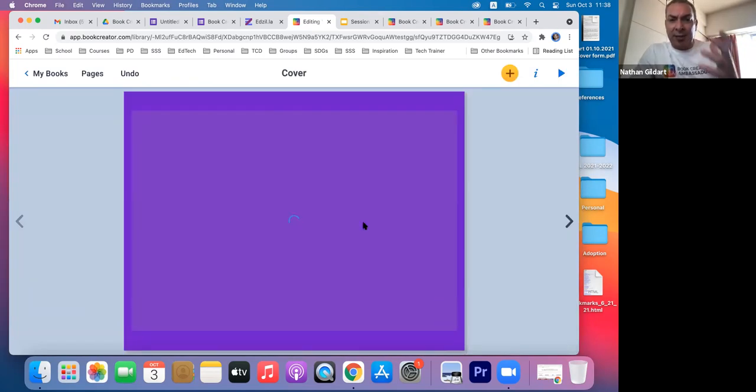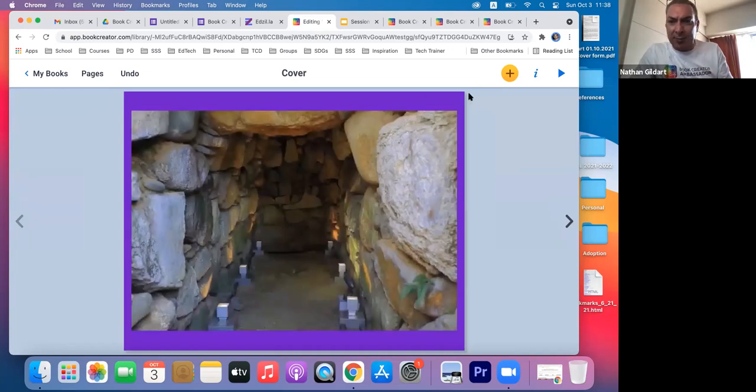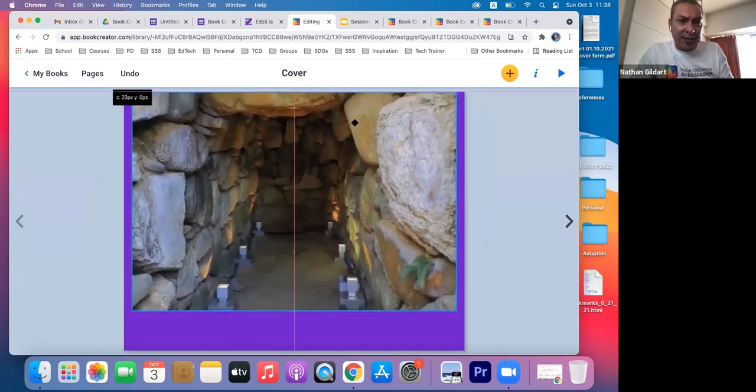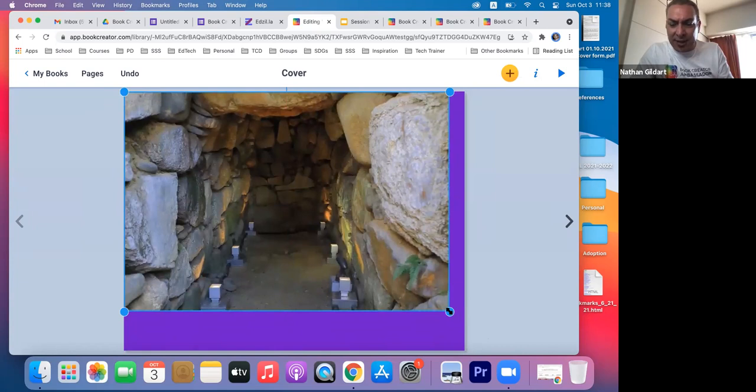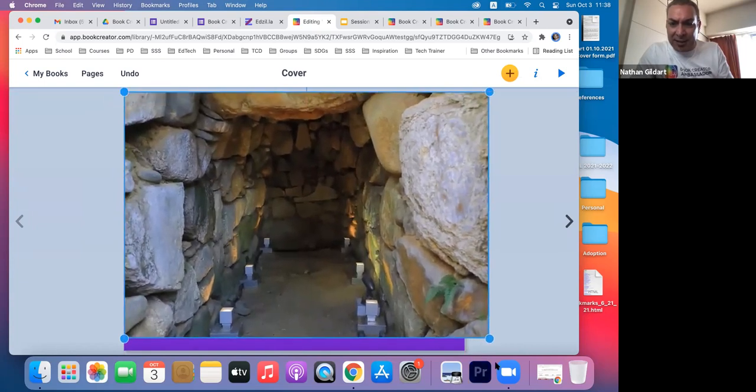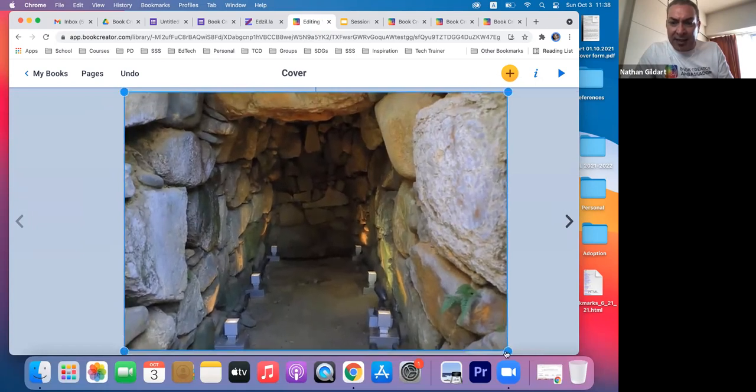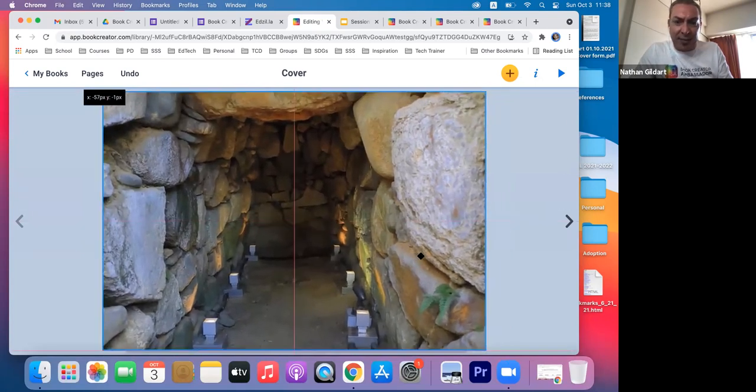Okay, so what I'm doing right now is I'm creating my title, right? So I've got the purple background. I don't like that. Actually, what I do is usually create a book. Now, this is the only way you can size it. Whoops, look at that. You size it by clicking and dragging, and then I'm going to put this kind of in the middle.